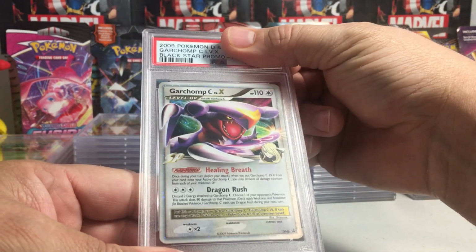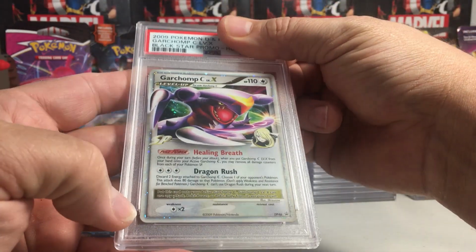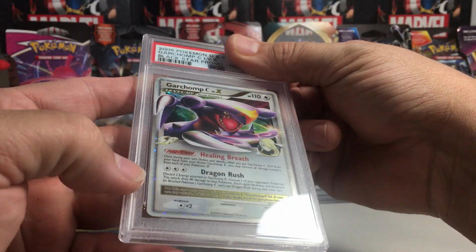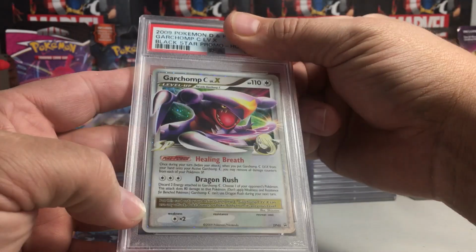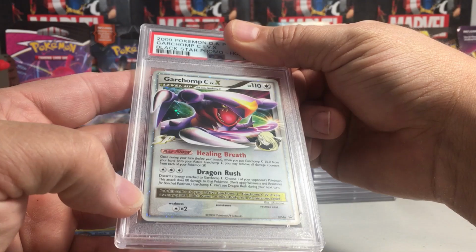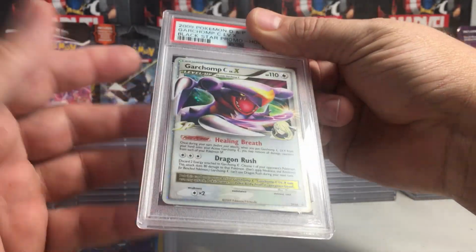Ooh, Garchomp C level X with Cynthia on there. This was a promo. I've sent in a couple of these already, and this was probably my least nice one, and I didn't get great grades on any other ones. So